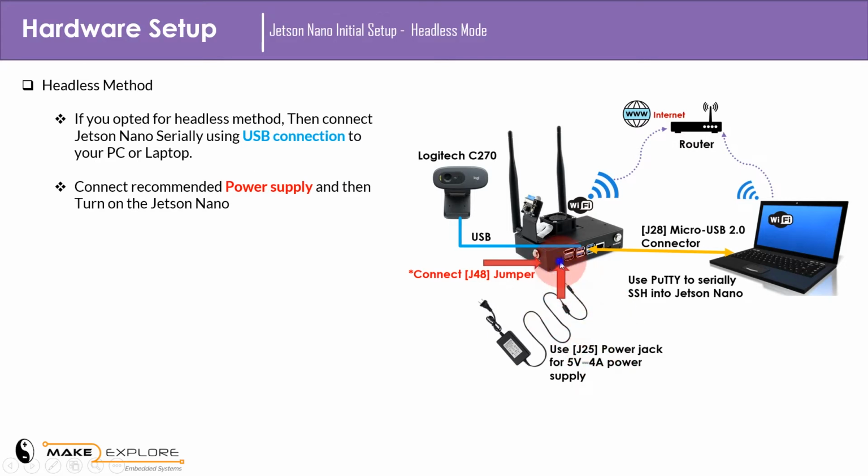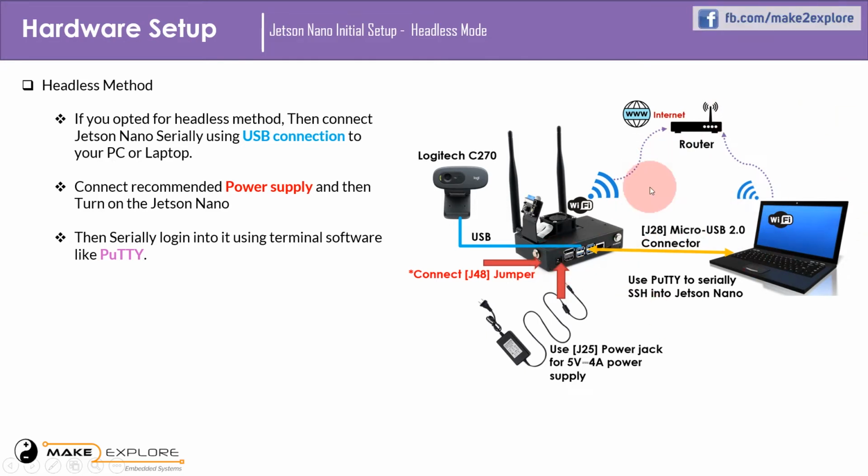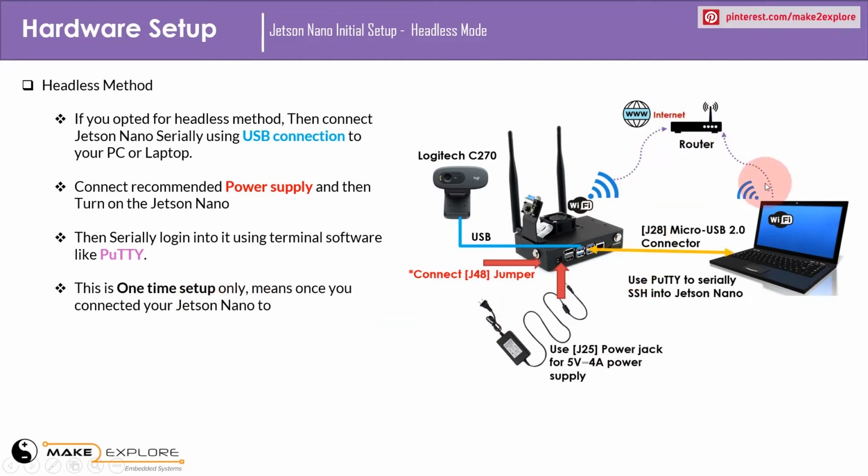Once you connect your setup like this, then turn on the Jetson Nano. It will be detected as a COM port in your laptop's device manager. Then, do serial SSH into that port. You will log in there as root. Then you have to list the existing Wi-Fi networks. On YouTube, you will get plenty of video tutorials showing how to connect to a Wi-Fi network through the terminal or CLI, command line interface. Once you connect to the home Wi-Fi network, on the same network where your laptop's Wi-Fi is connected, find out the IP address assigned to Jetson Nano by your router. You just need to give the ifconfig command in the terminal.